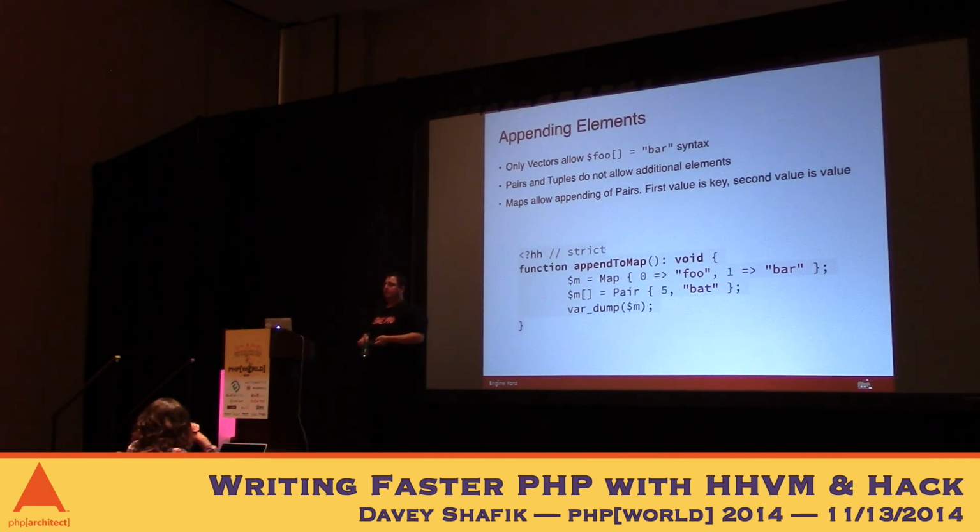Yes. For this particular one? Yes, the pair is just used as the data structure to pass in the information. It's not actually stored. Right, sorry. Yeah, so the pair is just for defining the key and the value. It is not put into the map.